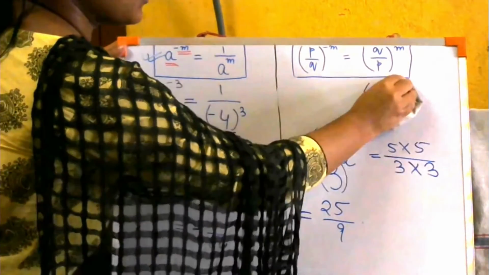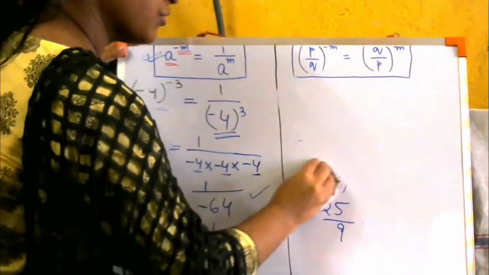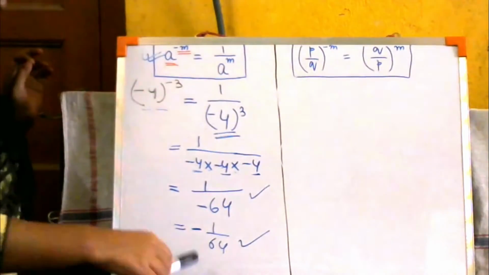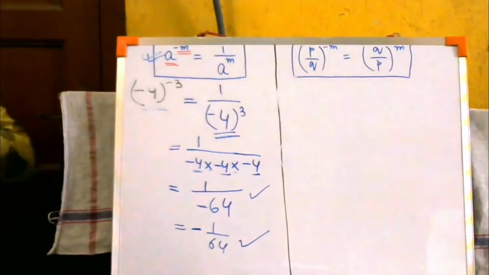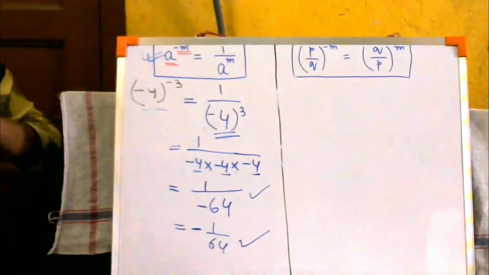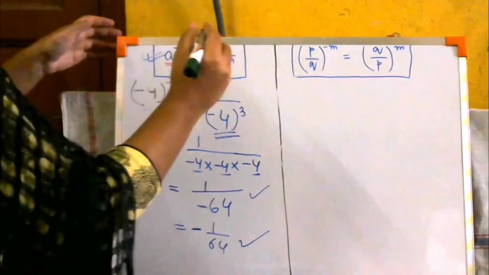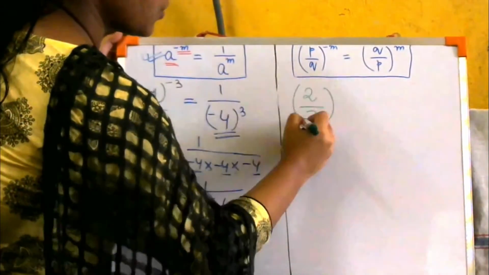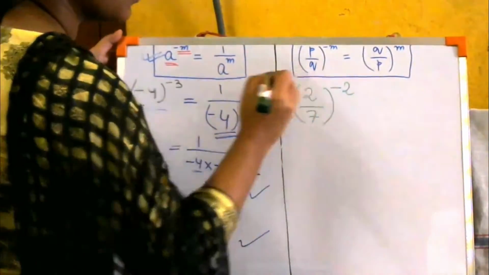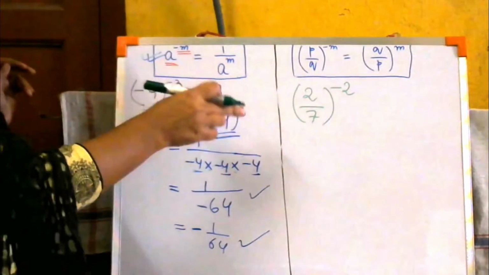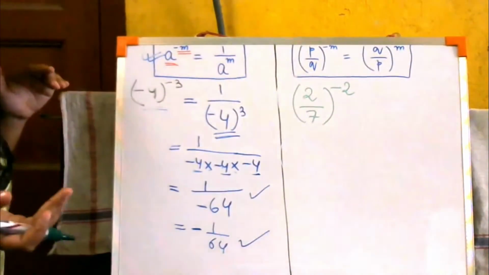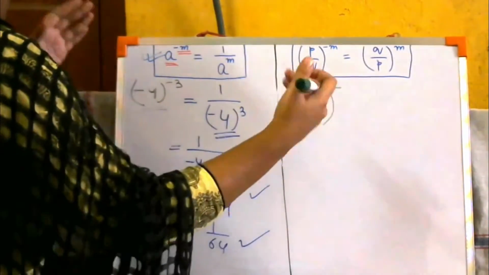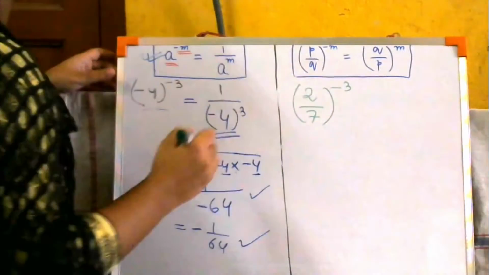Okay, now let us do the next sum. Same thing we are going to do next. Another example we are going to follow. Okay. Say it is given 2 by 7 to the power minus 2. Say it is given like this. 2 by 7 to the power minus 2. Okay, the previous sum was also minus 2. So let me change the power. Otherwise you people are going to think कि minus 2 ही रहेगा. You people have wild thoughts.